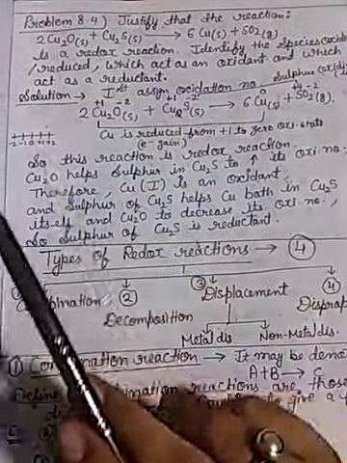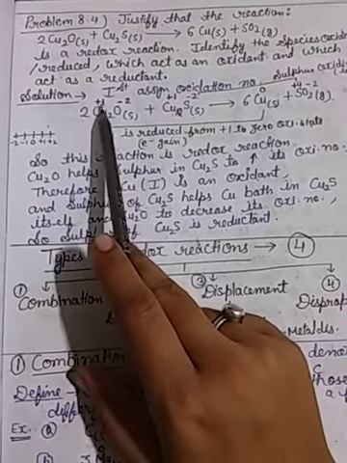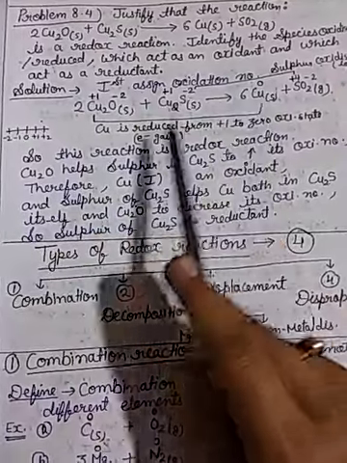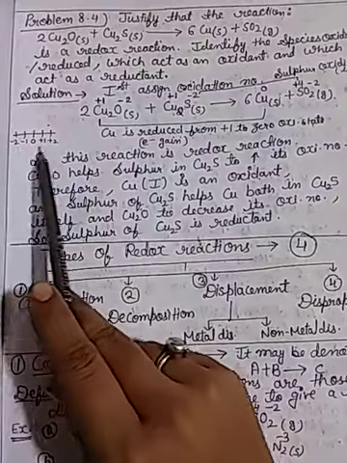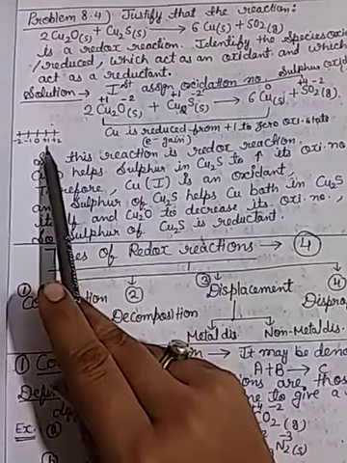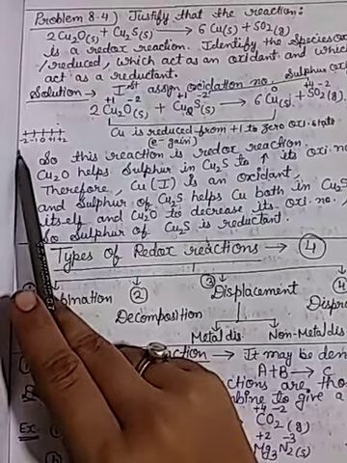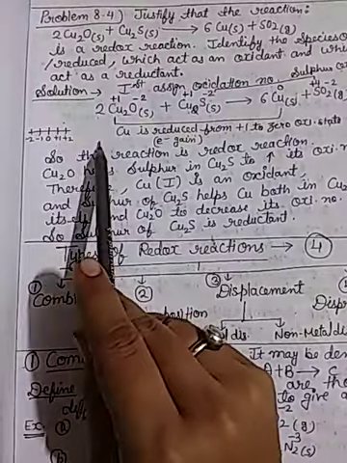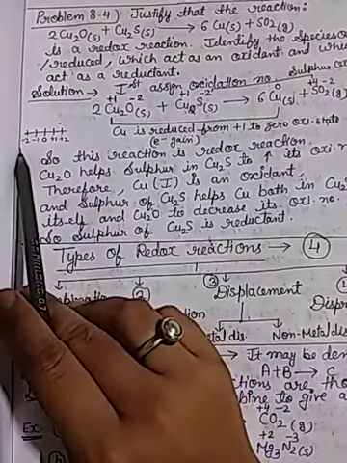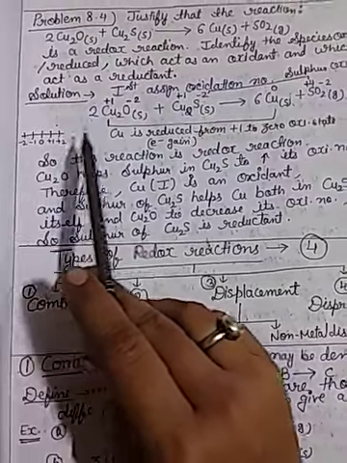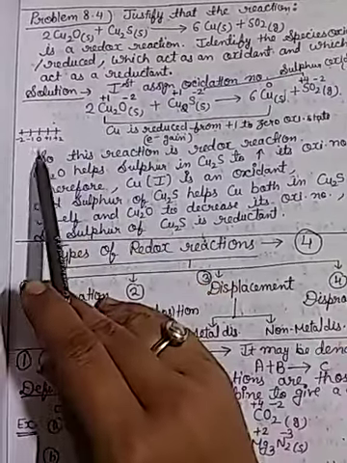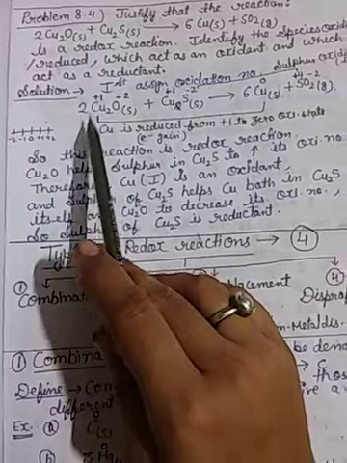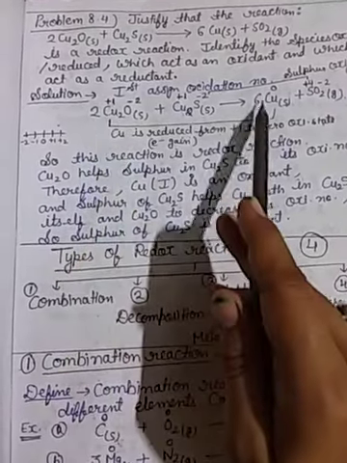Now you see copper is +1 in the reactants and 0 in the product. First, see the number line: in between 0, then +1, +2, and on the left-hand side -1 and -2. Whenever an electron is lost, it converts into +1 valency, and gaining electrons goes to the left-hand side, the negative valency. So here +1 to 0 means gaining electrons, and electron gain means reduction. So copper is reduced, +1 to 0.